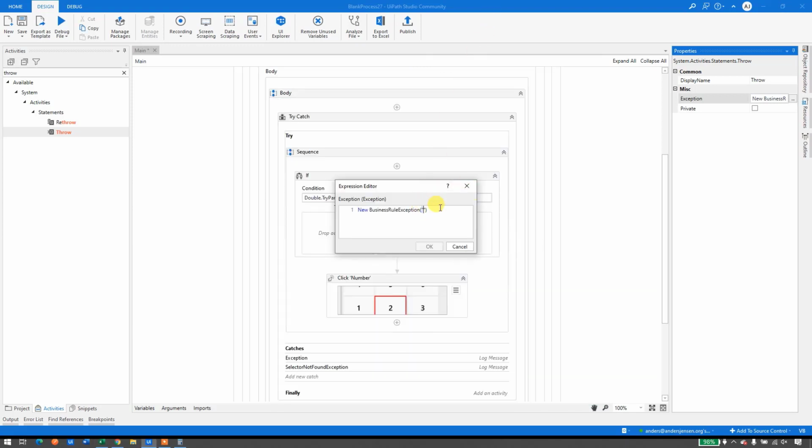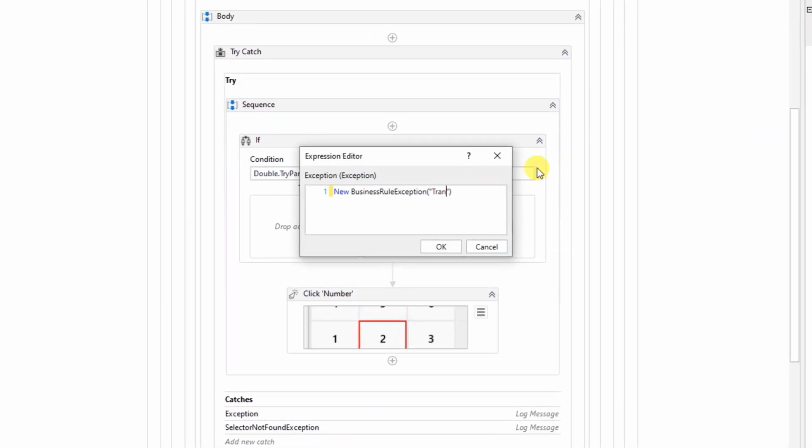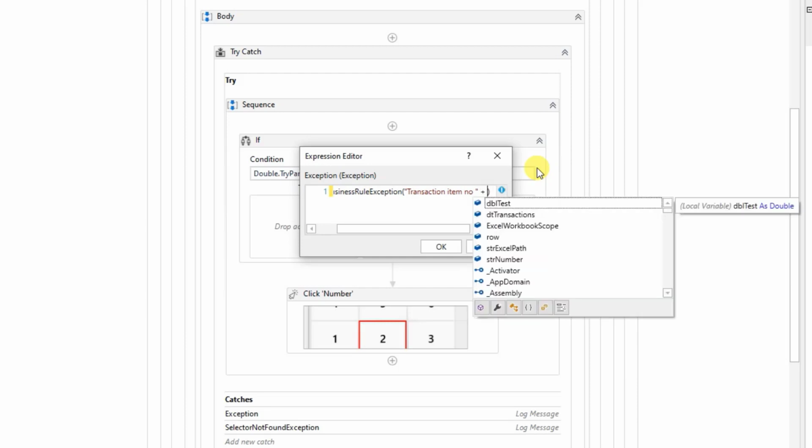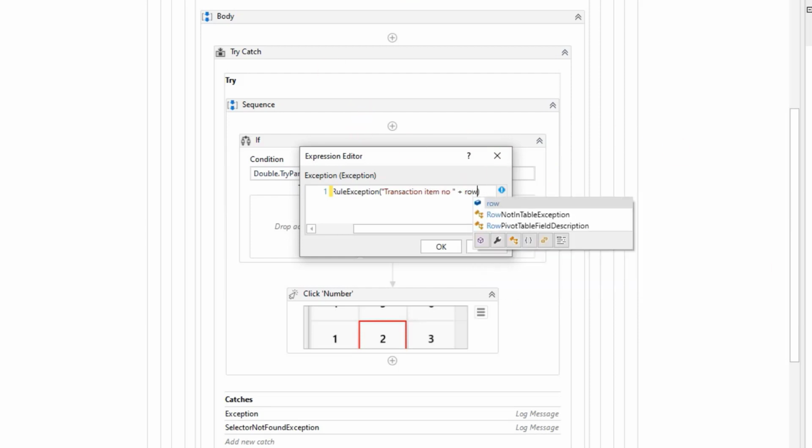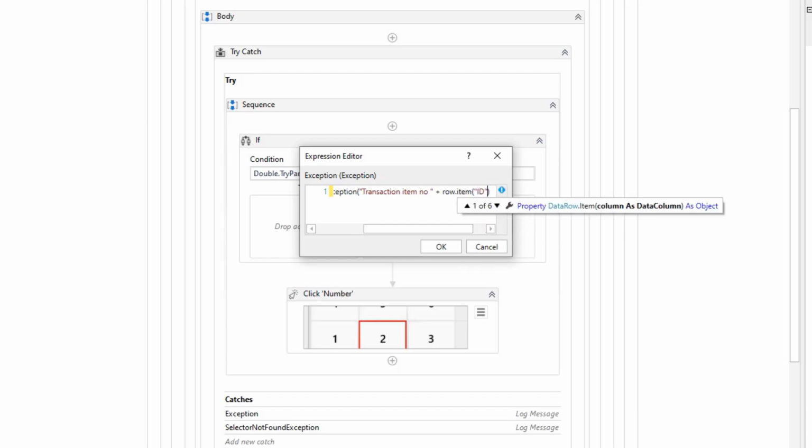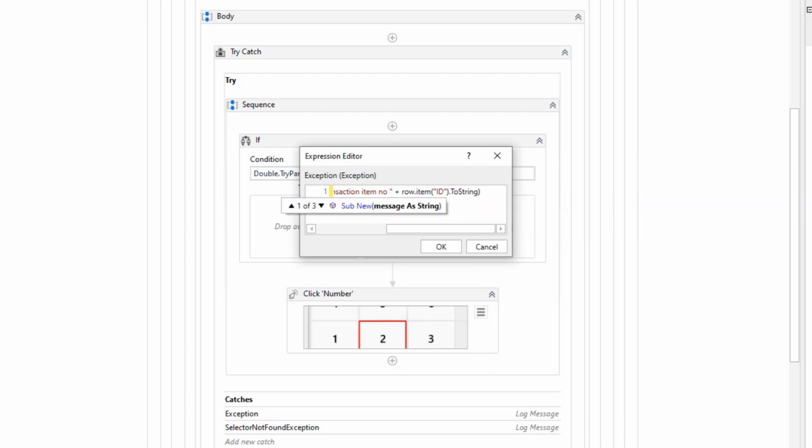So go back here. So here we can say transaction item no, and then space, then outside the quotation mark make a space more, say plus, then we will have the ID. To get the ID, remember we are still in the for each row, so we will refer to the current row, row.Item, parentheses, quotation marks, ID, then another quotation mark, parentheses end, then ToString like this, and